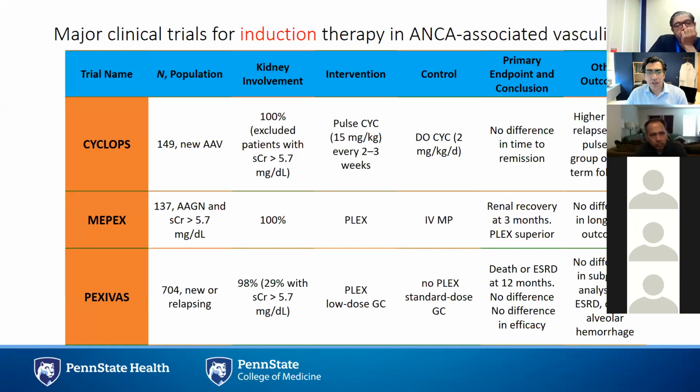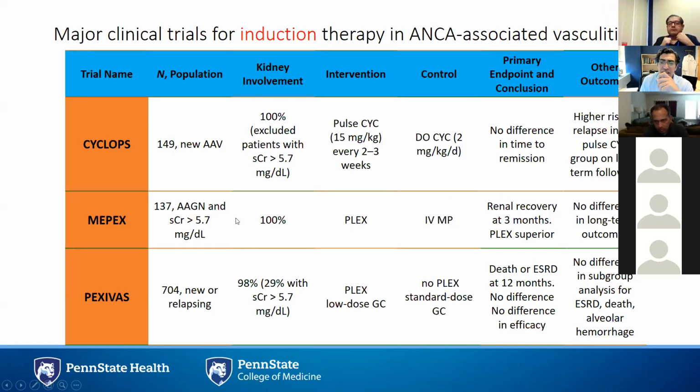The classic treatment has been around the use of cyclophosphamide and steroids. One of the important trials is the CYCLOPS trial, with 149 patients, and the intervention was pulse cyclophosphamide every 2 to 3 weeks versus oral cyclophosphamide. There was no difference between oral versus IV pulse, and there was a higher risk of relapse in the pulse arm on long-term follow-up. But again, I think there was another follow-up trial which showed the cumulative dose exposure was